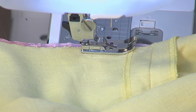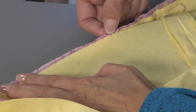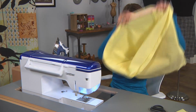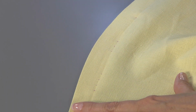And see what this looks like. Okay, so you can see how it's just picking the edge of the lace here. See what it looks like on this side? Not bad. And then from the right side, let's see what we have. Looks like I missed a couple right here, but see there how it just picks that side. So that is what a blind hem is, where you can just hardly see it, and you would do that